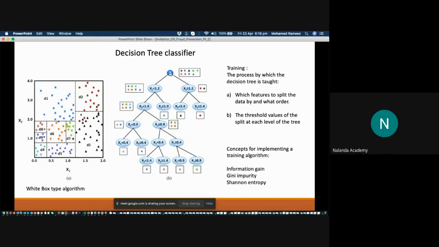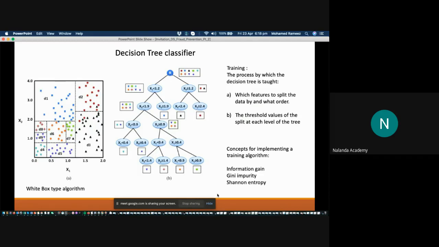The other feature is that a decision tree is very simple. You go based on a condition. For example, if one of your features, X1, is less than a certain value, you take that corresponding branch. If it is greater than or equal to that certain value, you take another branch. And you follow these decisions through to the end, and you can classify each of your objects. And as you can see, the spatial distribution of the colored points in this picture is nicely captured by this